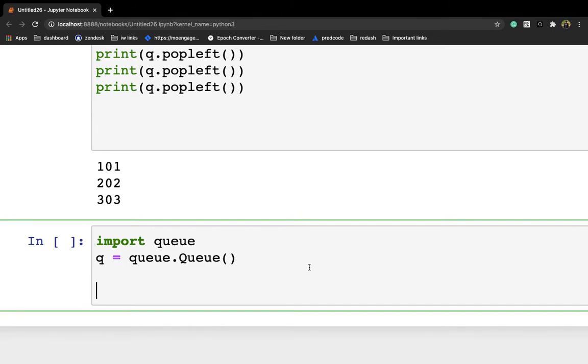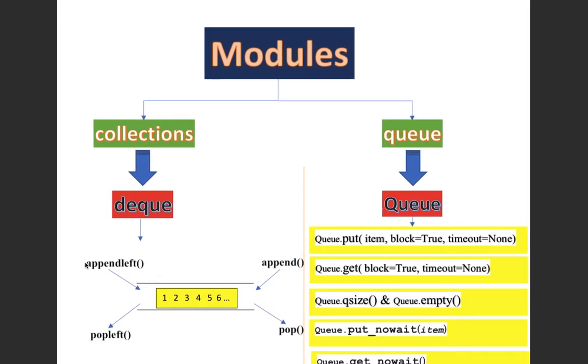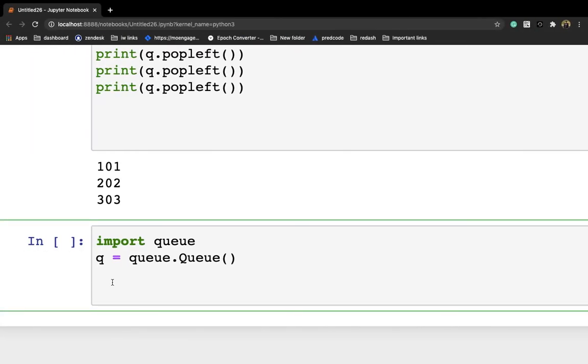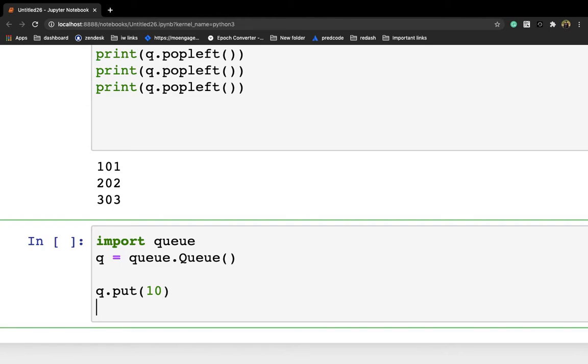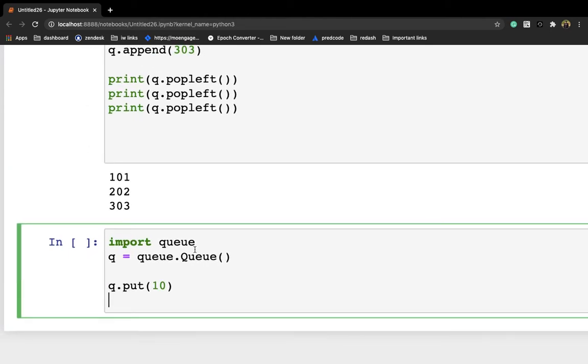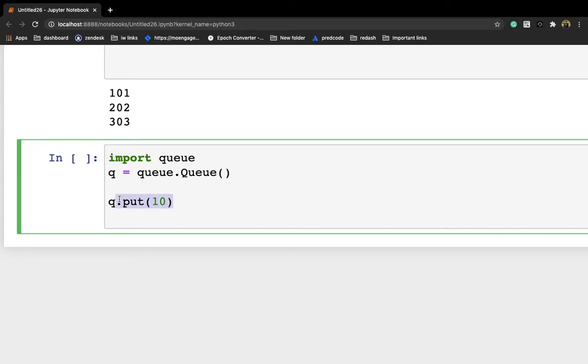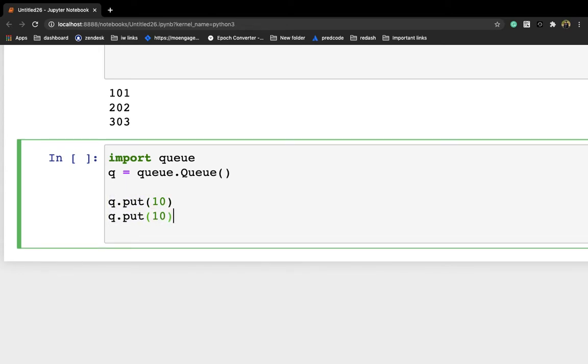Here, where we were using appendleft and append to push something, we will use the put function, and to remove something from the queue we will use the get function. So let me demonstrate. q.put, and then I will enter 10, and let me insert a few more elements.